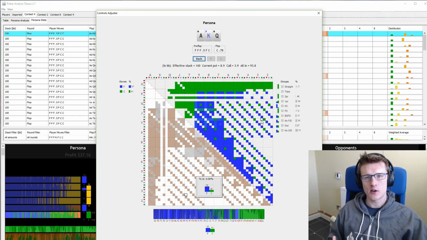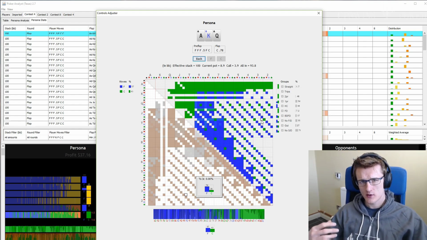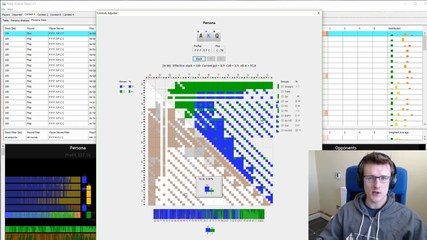So we're going to reduce our flop frequency somewhat, but then when we do bet with air, we're going to continue bluffing it a lot of the time on the turn and river to put pressure on our opponent's weaker range. And it's important too to not just get rid of the rubbish air from c-betting the flop, because we still want to be able to bluff when the board comes in with like 4 straight or 3 flush or whatever it is. So we need to be bluffing a range of